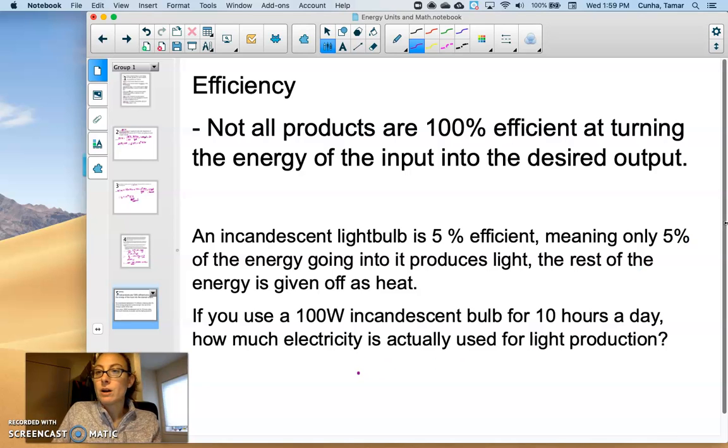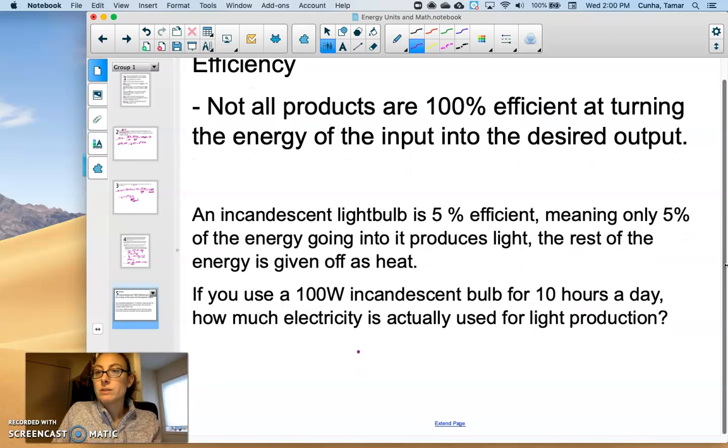And so that's something you want to definitely consider when you're looking at electricity production, for example, some of the different appliances. So how would we consider efficiency? We've got 5% efficiency, tells us that only 5% or 0.05 times whatever it is going to be